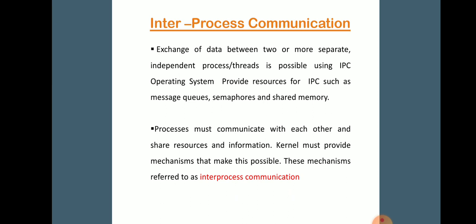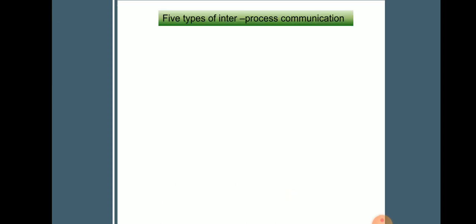Now these processes must communicate with each other and share resources and information. The kernel must provide the mechanism that makes this possible. This mechanism is referred to as inter-process communication. In distributed computing, processes make use of these resources to provide applications using an API, that is the application programming interface, which allows inter-process communication to be programmed at a higher level of